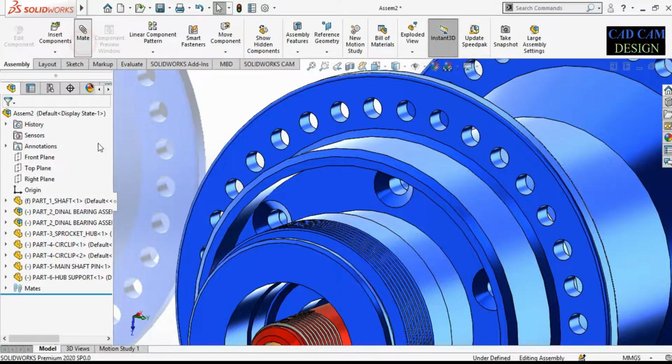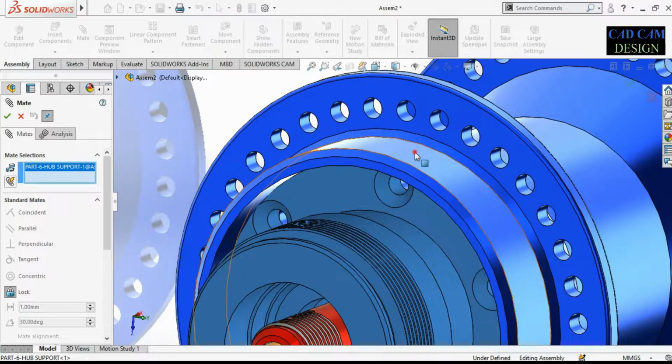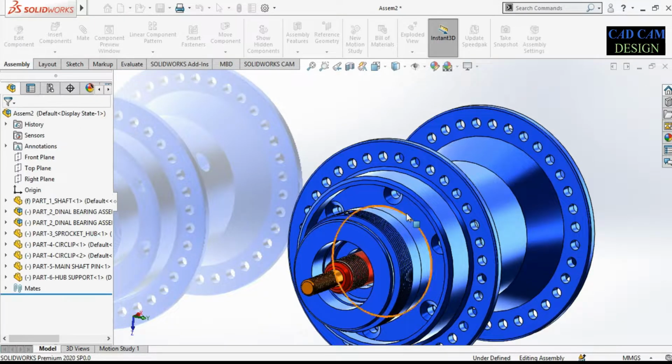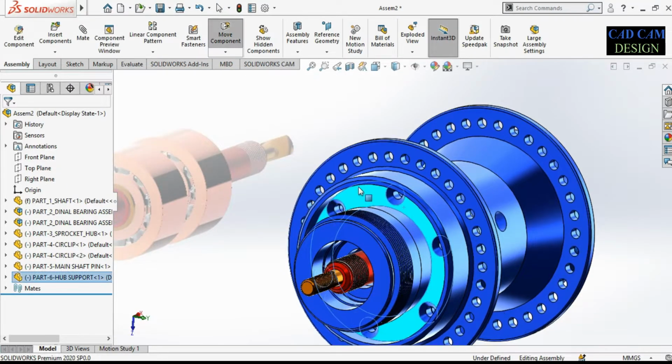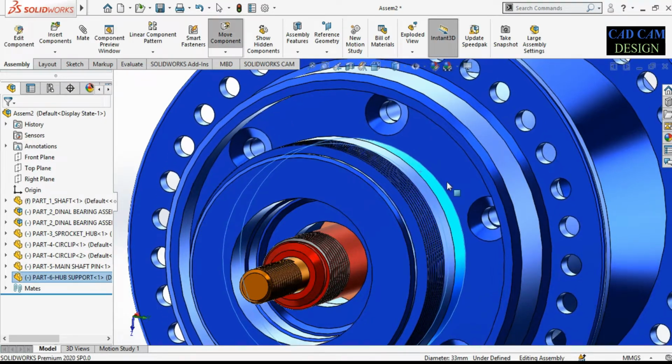Now going to mate, select this lock, select this object and select this object, and okay. Now these both are locked perfectly and rotate the same. See,